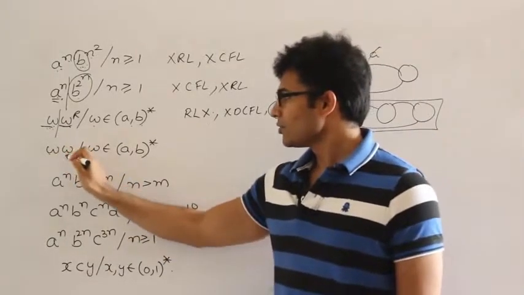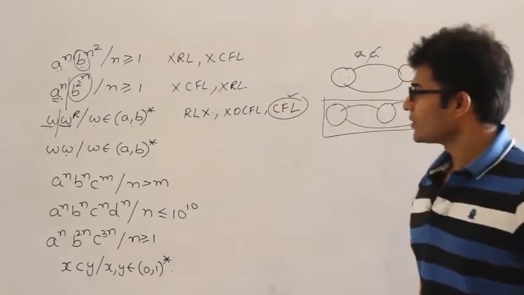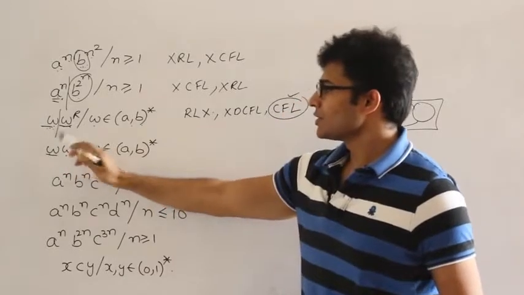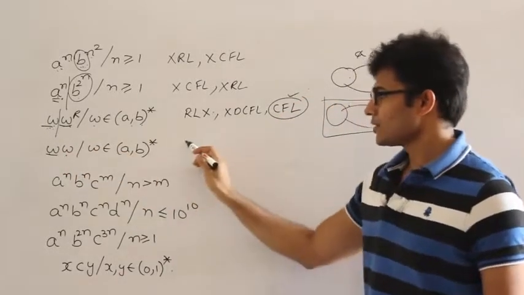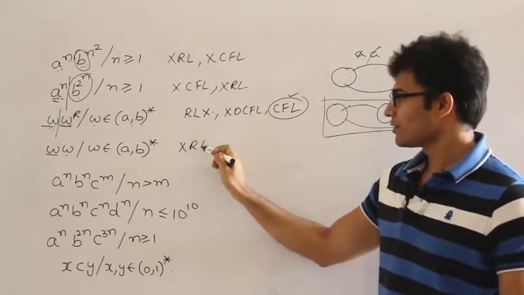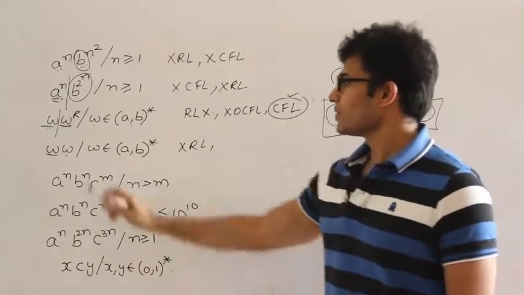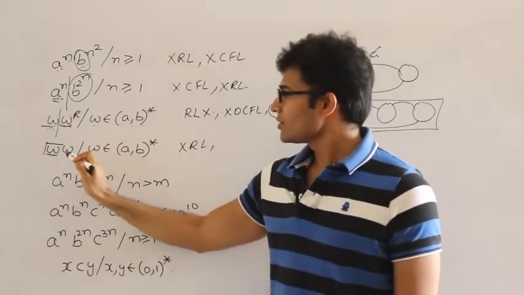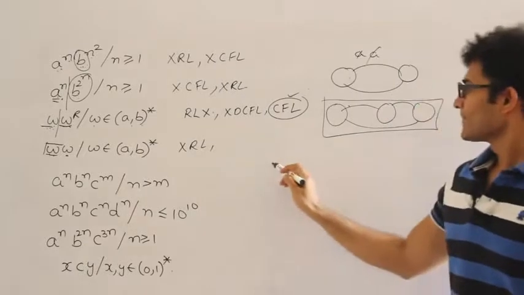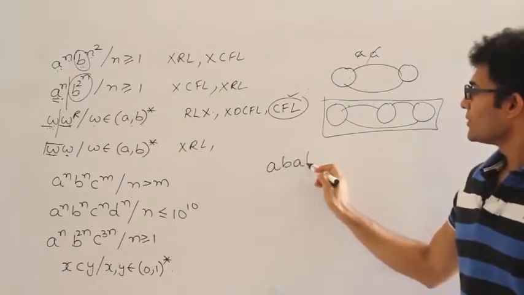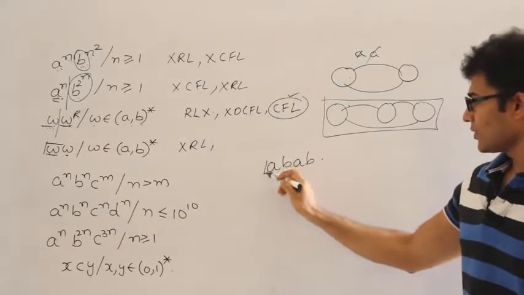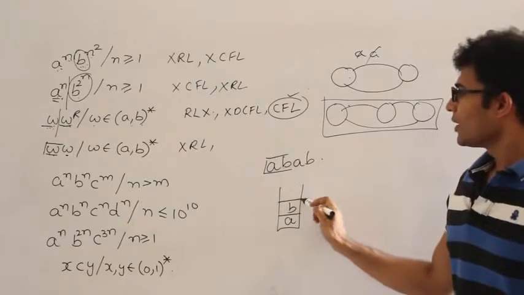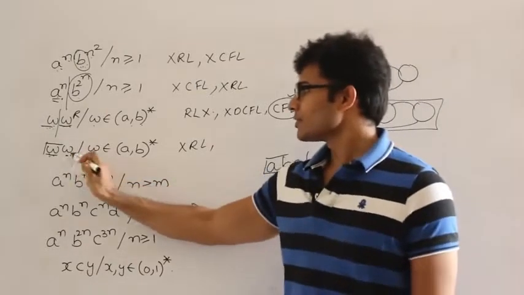Next one is ww, right? If you see this language ww, definitely we have to save unbounded w onto the stack. So a finite automaton is not possible, so it is not regular. And then if you are looking at this language ww, we have to save w first of all, and then compare it with w. For example, if I have string ab, this has to be accepted. I have to save w, which means I have to save ab. Now how do you identify that this is w and this is w?